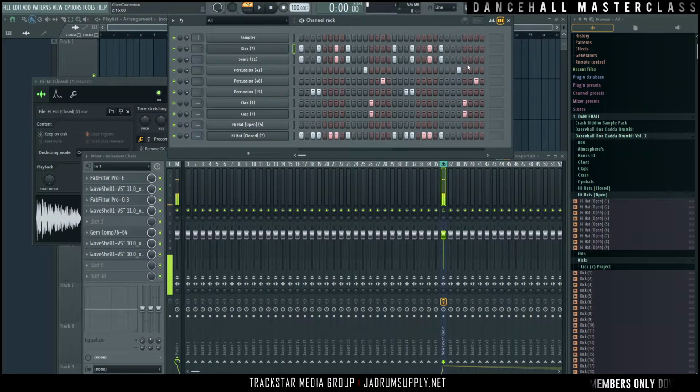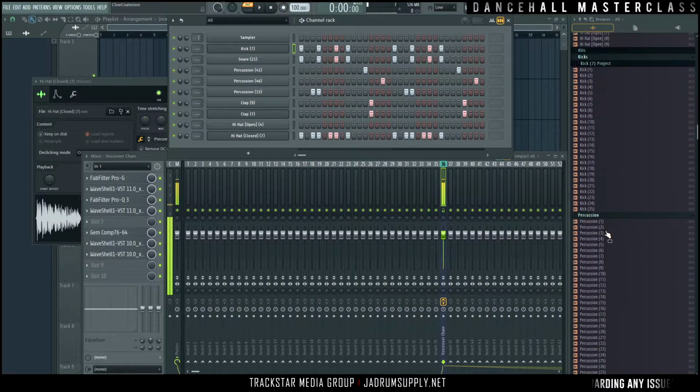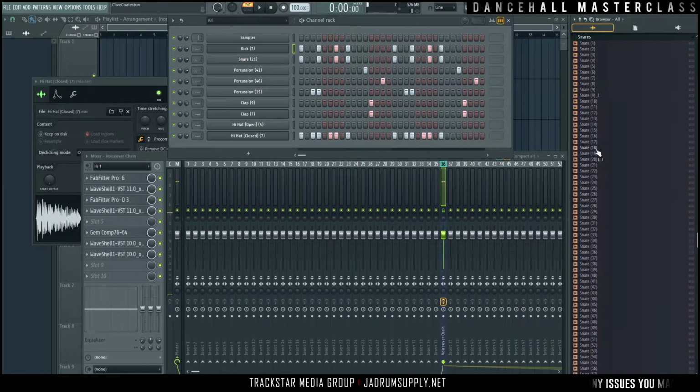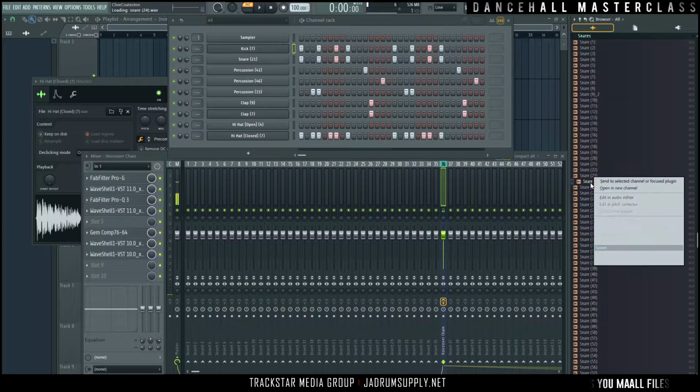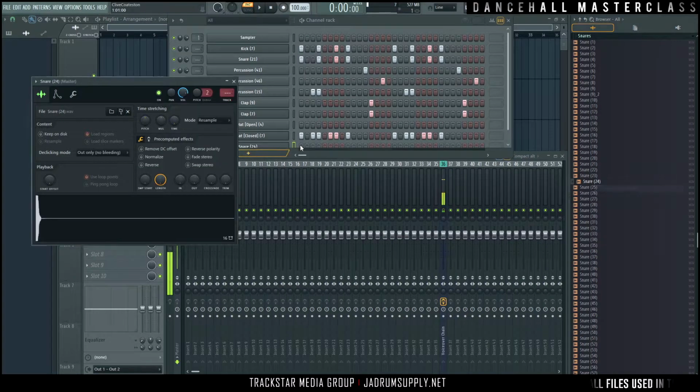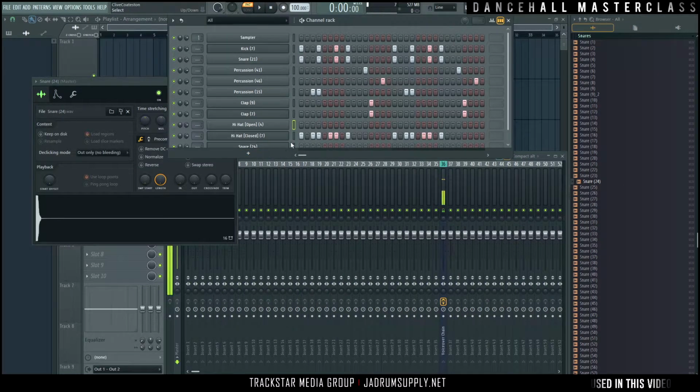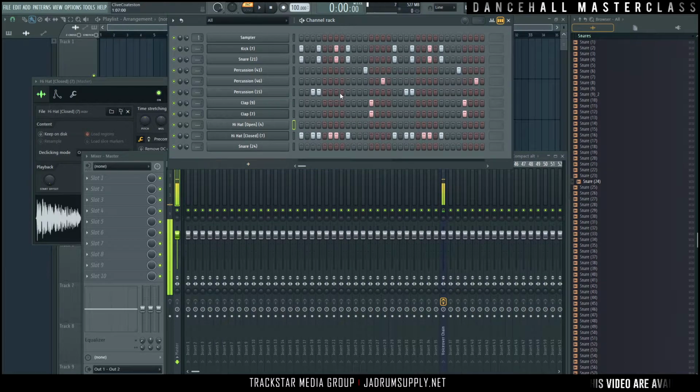Another way of doing that, which is a way that I really like, is adding extra instruments of the same category or class or genre. So another snare, another clap, and playing them in a different way. So basically, let's add another snare. All right, so let's add snare 24. And now we're just going to play a different pattern outside of the snare at the top. So we don't have anything here. So what we could do now is,